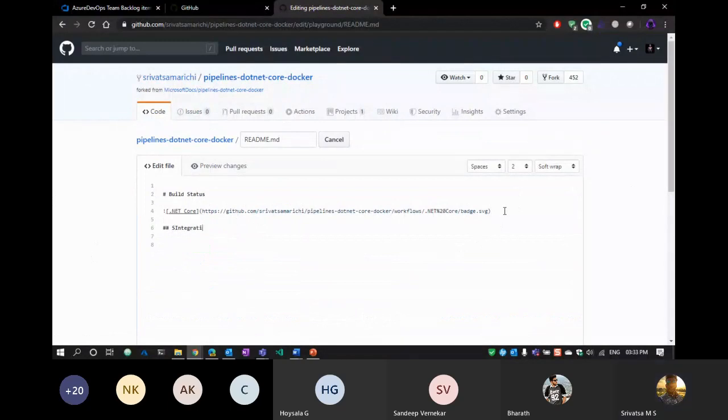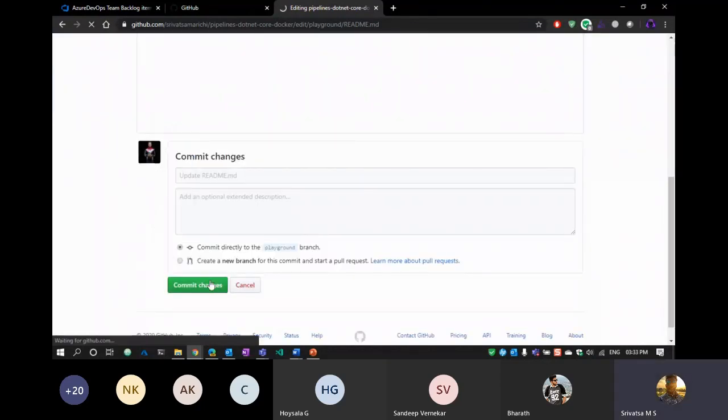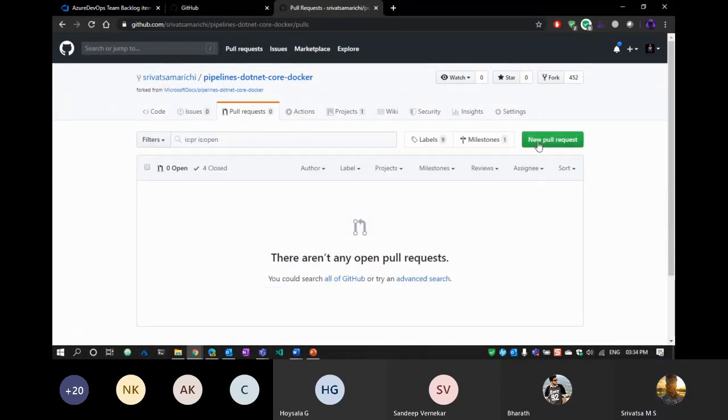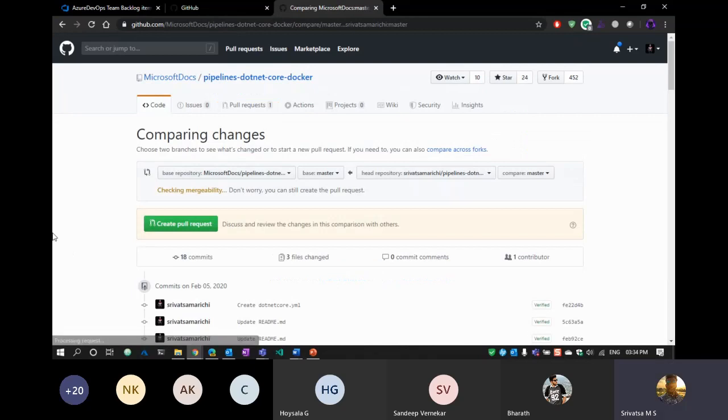I would say creation of Azure Boards and GitHub. Okay, so let us commit this. Okay, now we have something. We have modified some file. So I would like to create a new PR so that I can actually address